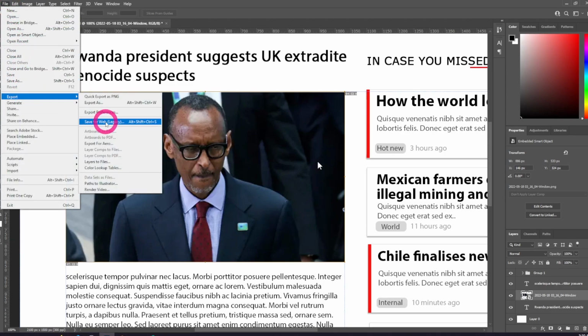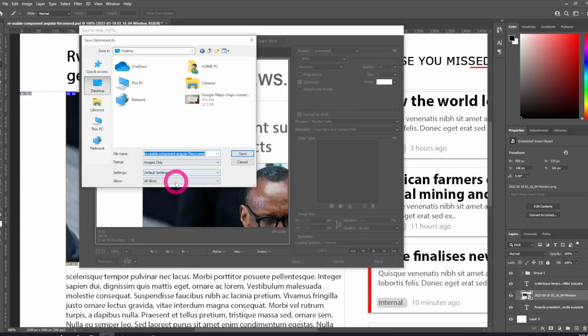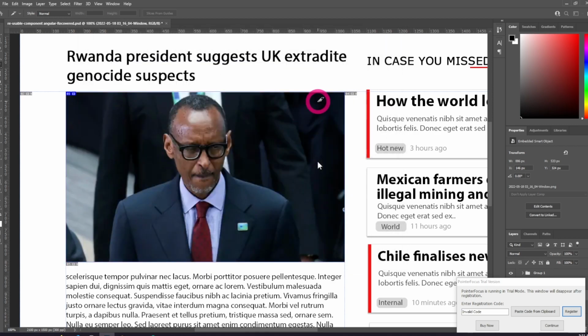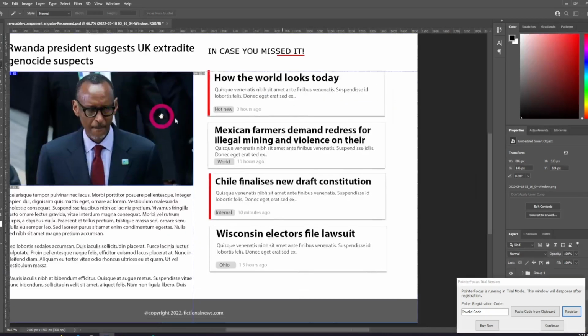Then I can do that. Export now. Here for now. All slices, selected slices. That's what is important. If you do all slices, if you have more than one slice item, it's gonna just export all of it. If you wanna do all your slices at once, you can do that. If you wanna do it one at a time, which is what I'm doing right now, you can also do that. I like to do it one at a time, so that I just pick it when I need it. Okay, so we have this one, and then I zoom out.